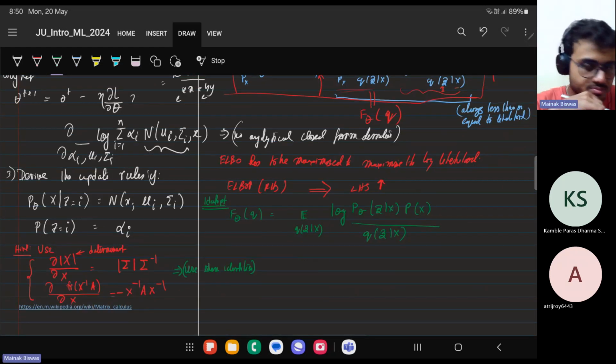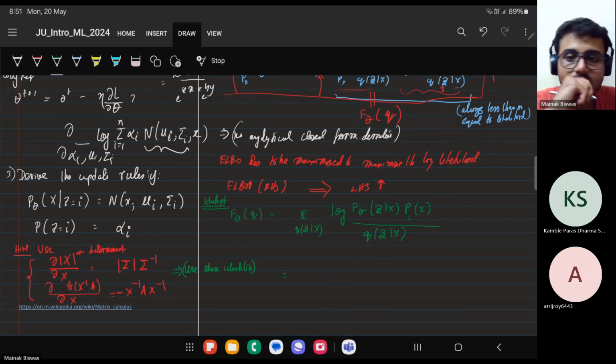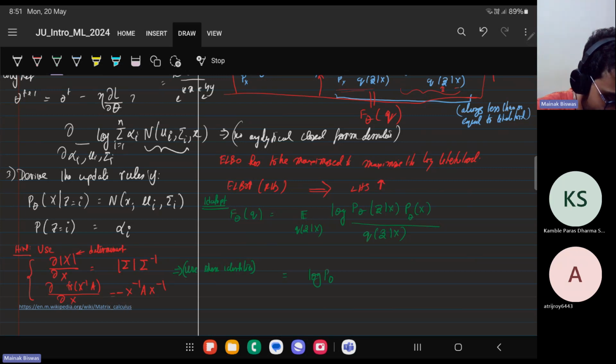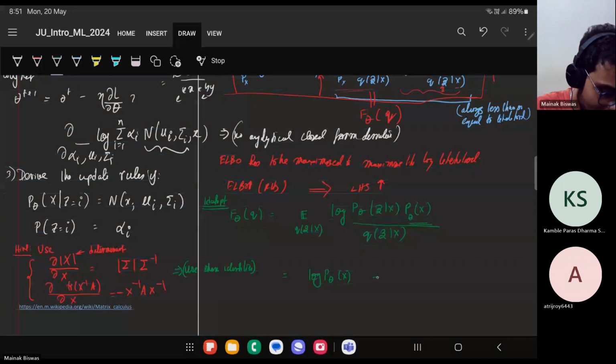Which is log p theta of x. There's no expectation over x. If I take this out over z, this is the constant, plus the expected value of